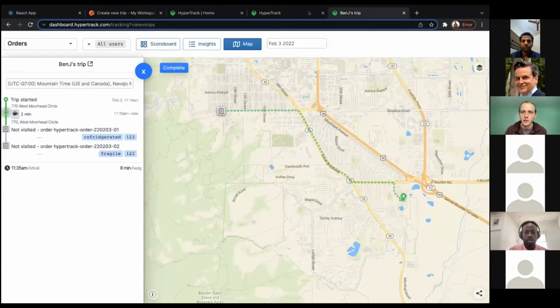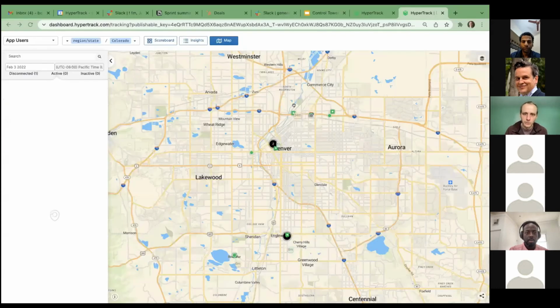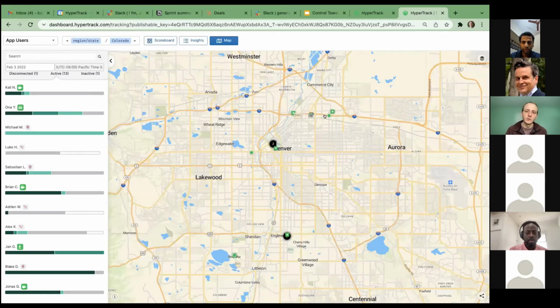So actually, if we go back to this customer view, you'll see that these green circles are the drivers and the green squares are the destinations, the actual stores or warehouses that they're headed to for pickups or deliveries. So all that shows up on the map as well. And then geofences also show up. And I had one that I created earlier, but I can get that set up, or I can send you some documentation, but absolutely, they'll show up as a little dot with a circle around